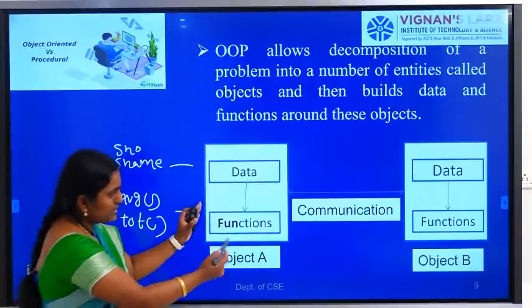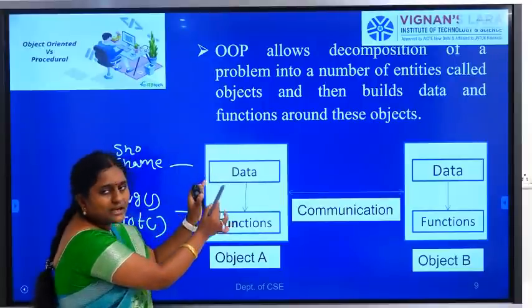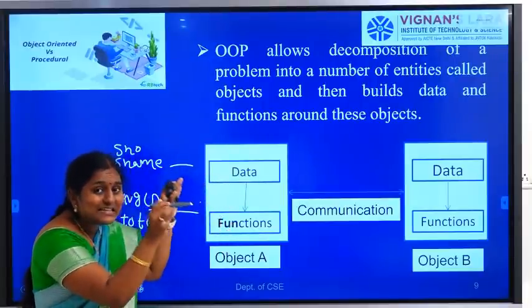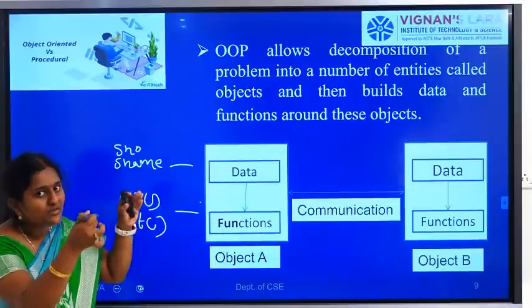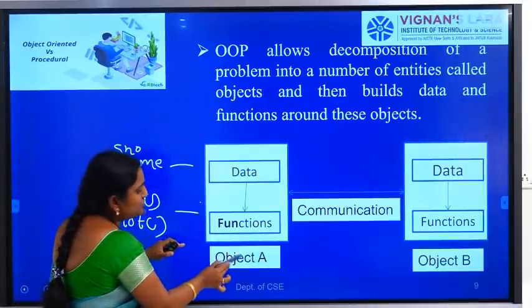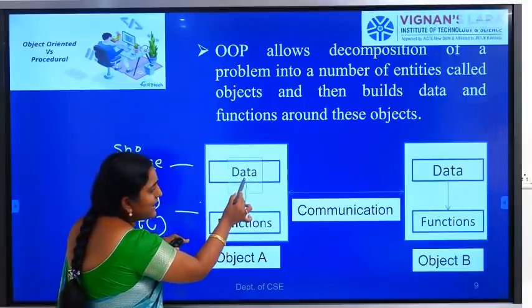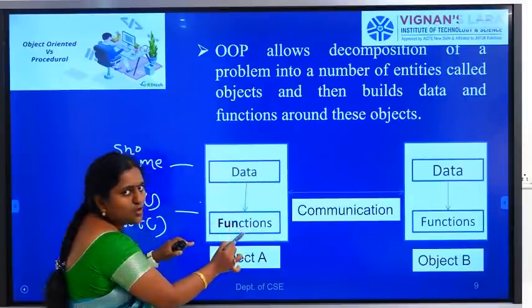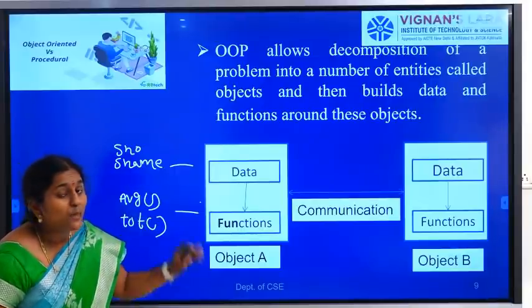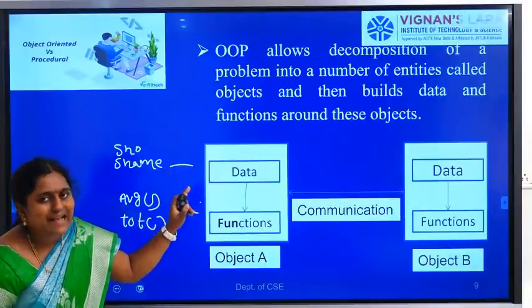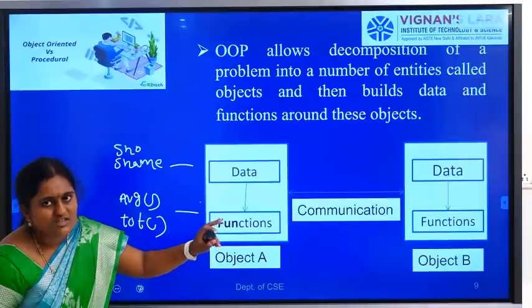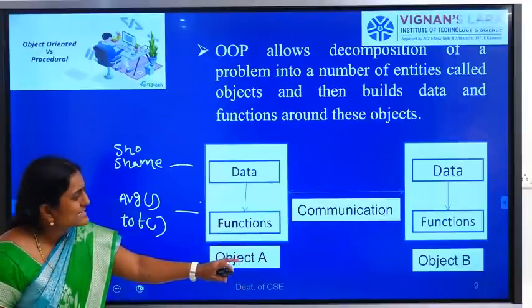In an object oriented programming language, it ties the data more closely to the functions. For example, data of object A can be accessed by functions of object A only. Object A data cannot be accessed by functions of object B. So understand this point.